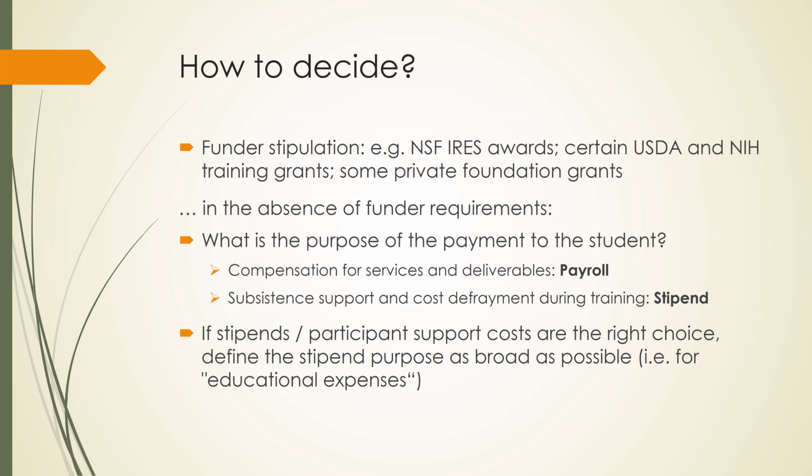But in the absence of specific funder requirements, what we should do is look at what is the purpose of the payment to the student. If the purpose is to compensate the student for services and deliverables to the project, then they should be an employee and they should receive payroll. If the purpose is subsistence support and cost defrayment during a training activity that the student participates in, then they